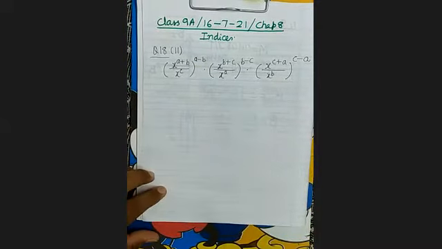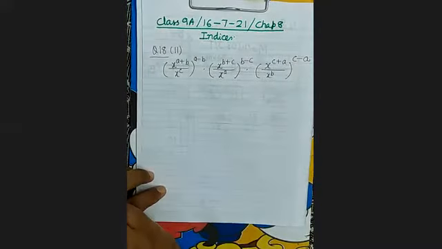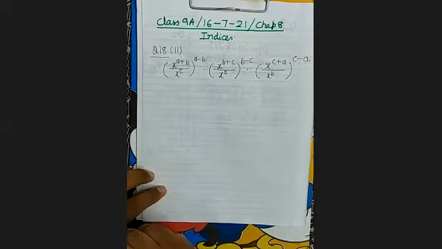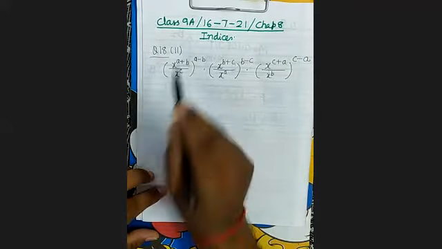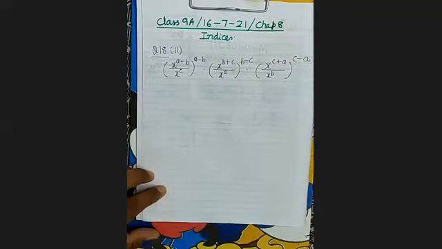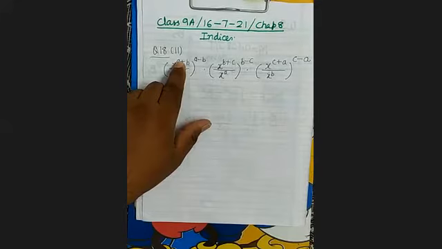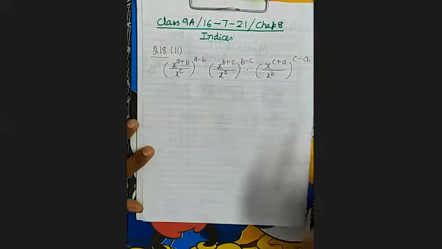So how will you solve this? We will not bring x to the power c in the numerator. It's clear? Means we will not subtract this power from the numerator's power. And why? Because you can see that when you multiply a plus b and a minus b, it will be a square minus b square. Same thing applies here.